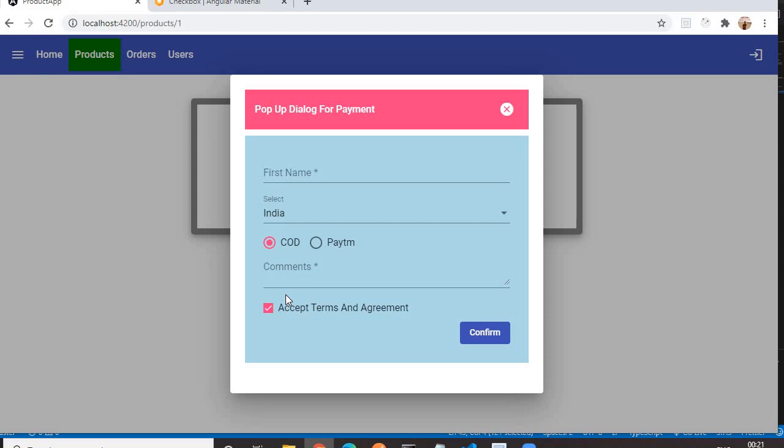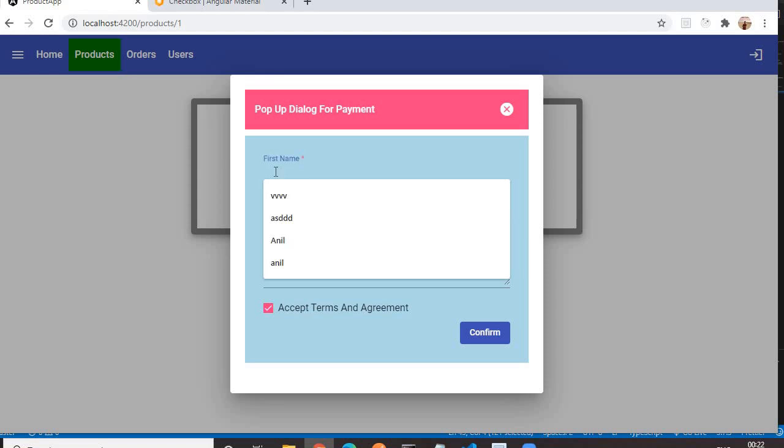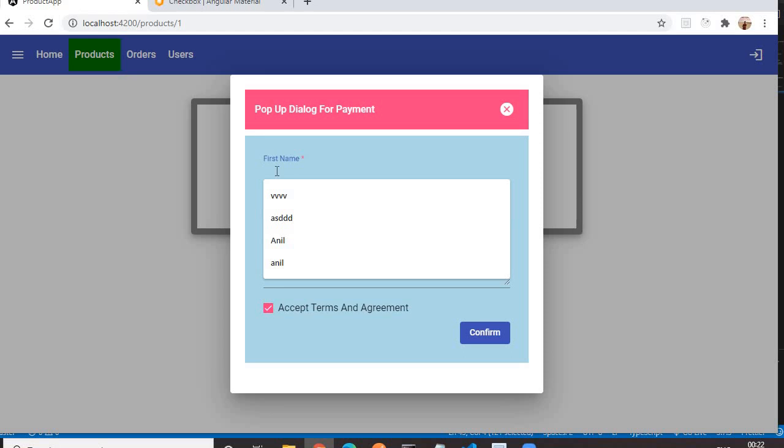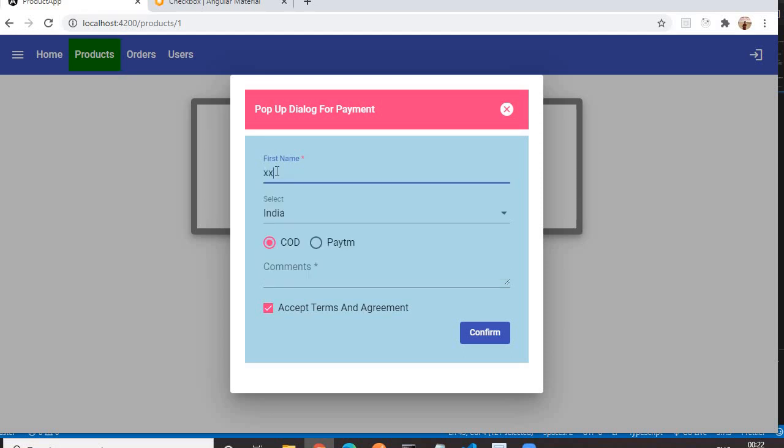So how can we add that? We can add the validator in two ways. When the user wants to write anything, the user has to click that particular form element so that it is focused and the user can enter anything. For writing anything, the user has to press keys, meaning the key down event will be called. So there are two events: for writing, the user has to click, so the click event is called, and for writing anything, the key down event is called. This is happening for the comment also, for all the fields.